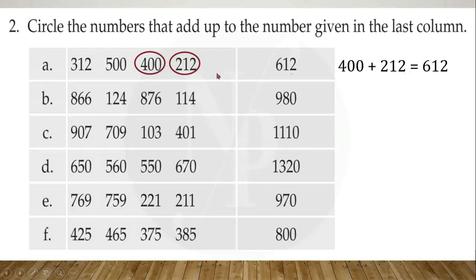Now let me move to the next question, B. So here again we should get the sum. 980 ಬರಬೇಕು. 980 ಬರೋ ರೀತಿ ಇಲ್ಲಿ ಯಾವ ಎರಡು ನಂಬರ್ಗಳನ್ನು ಆ್ಯಡ್ ಮಾಡಿದ್ರೆ ಈ ನಂಬರ್ ಬರುತ್ತೆ ಅನ್ನೋದನ್ನು ನಾವು ಚೆಕ್ ಮಾಡಿ ಏನು ಮಾಡಬೇಕು,